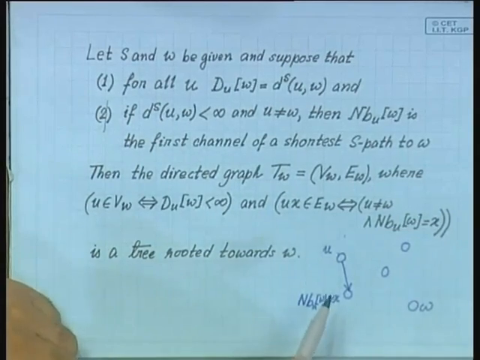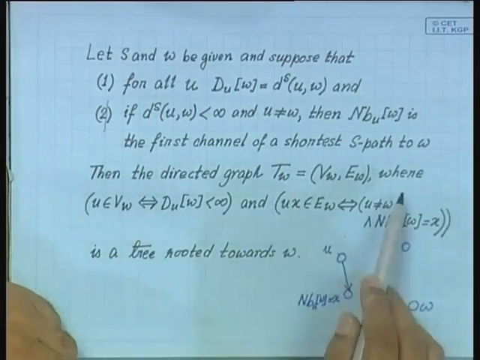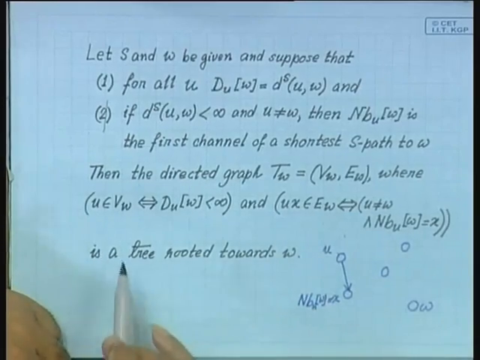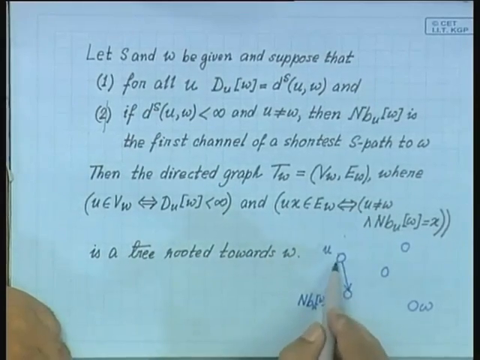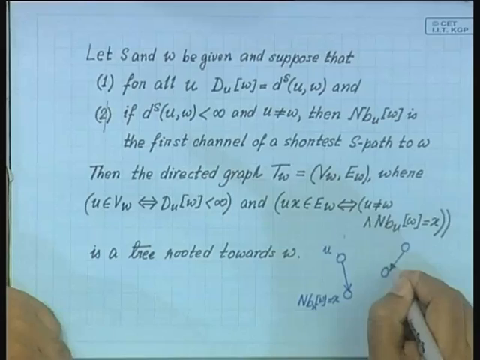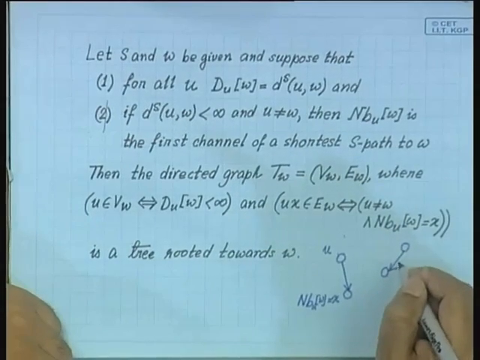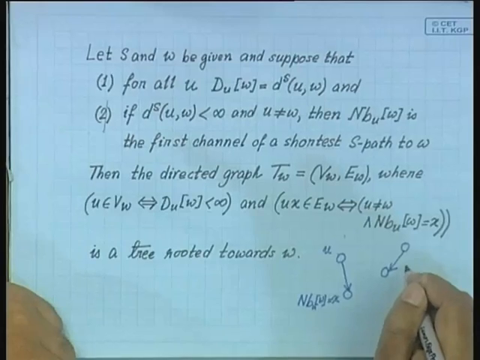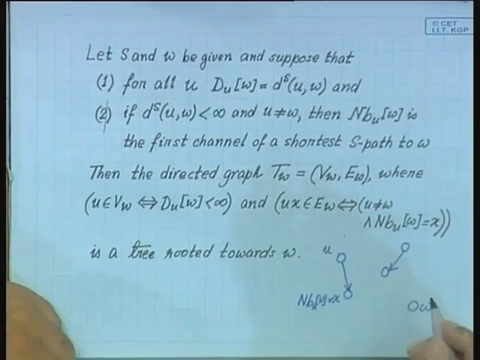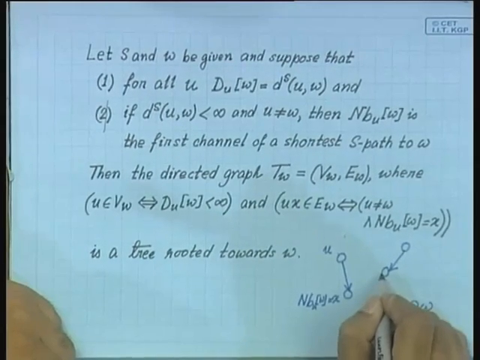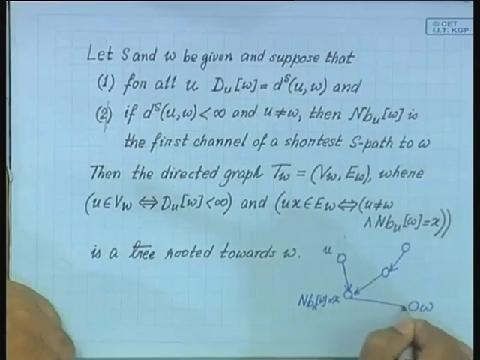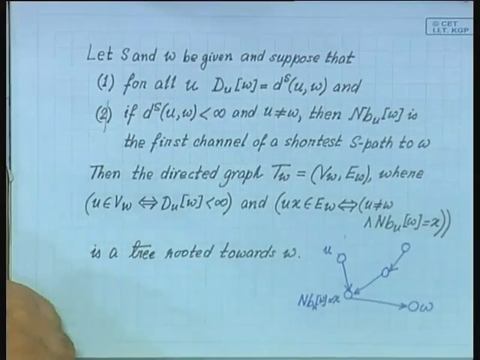Now, what this result is saying is that if you take these edges, the edges from the vertices to the next nodes on their shortest S path to w, then that is going to form a tree,